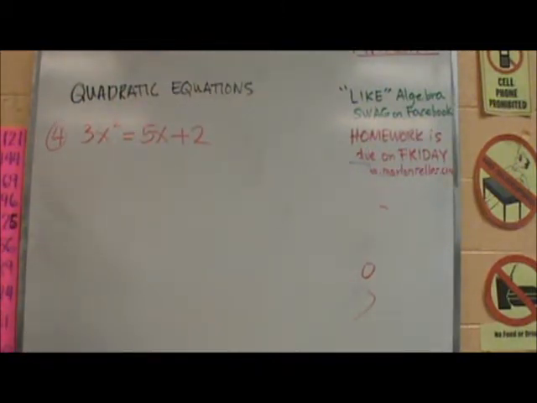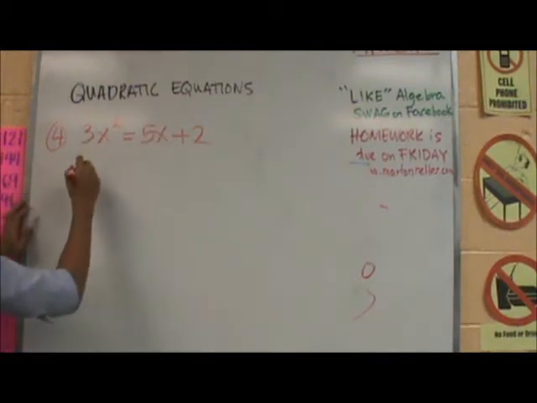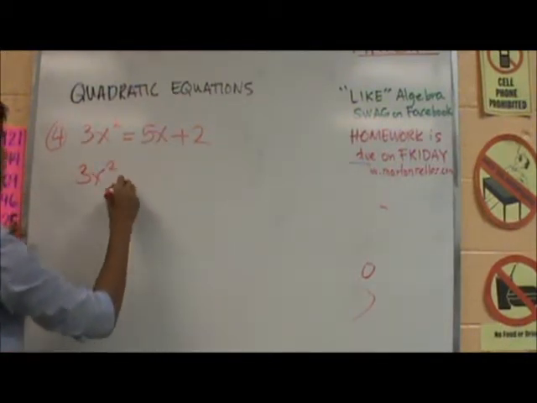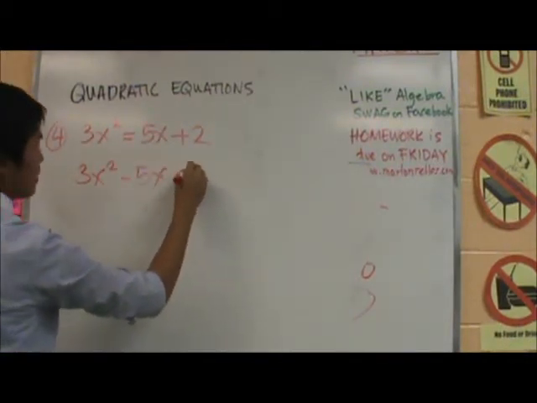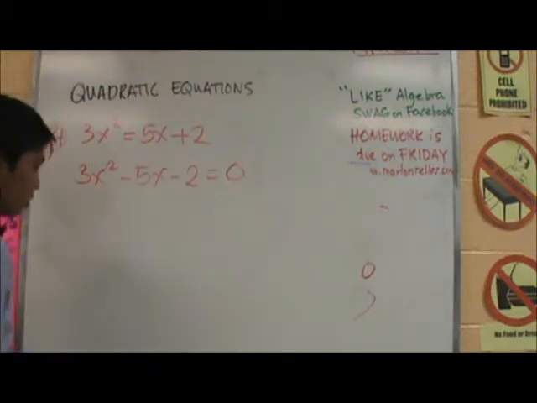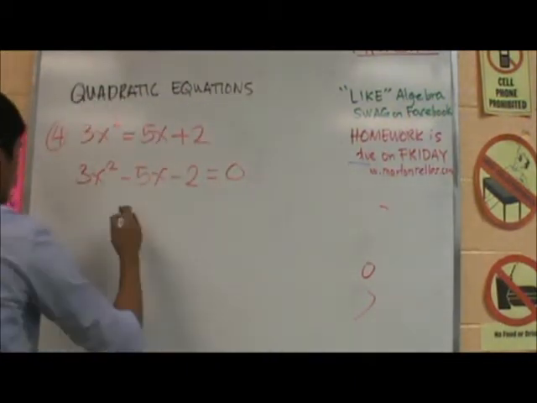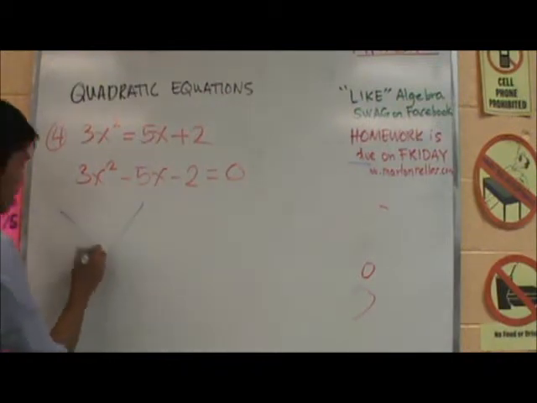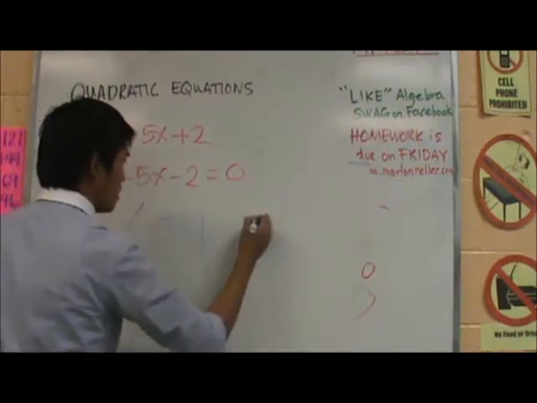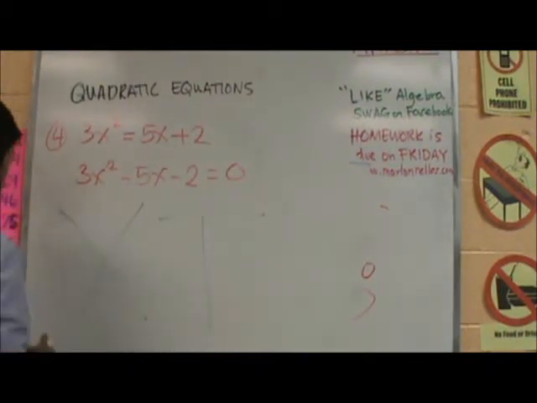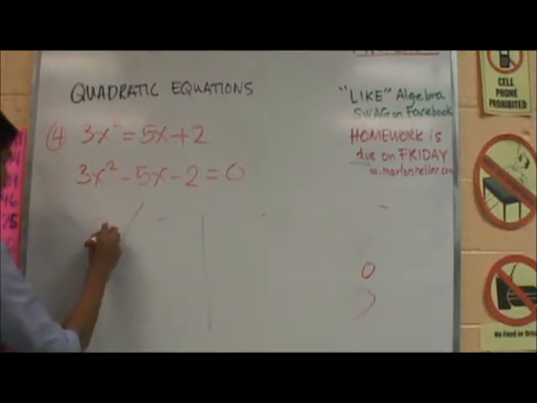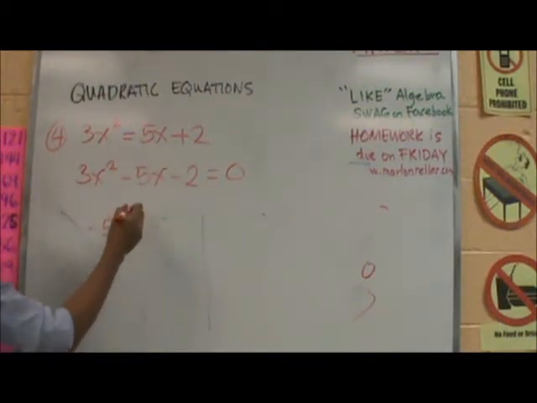So again, we need to arrange this equation to standard form, which is 3x squared minus 5x minus 2 equals 0. That means we can again use the x and t and write negative 5 on top of x and